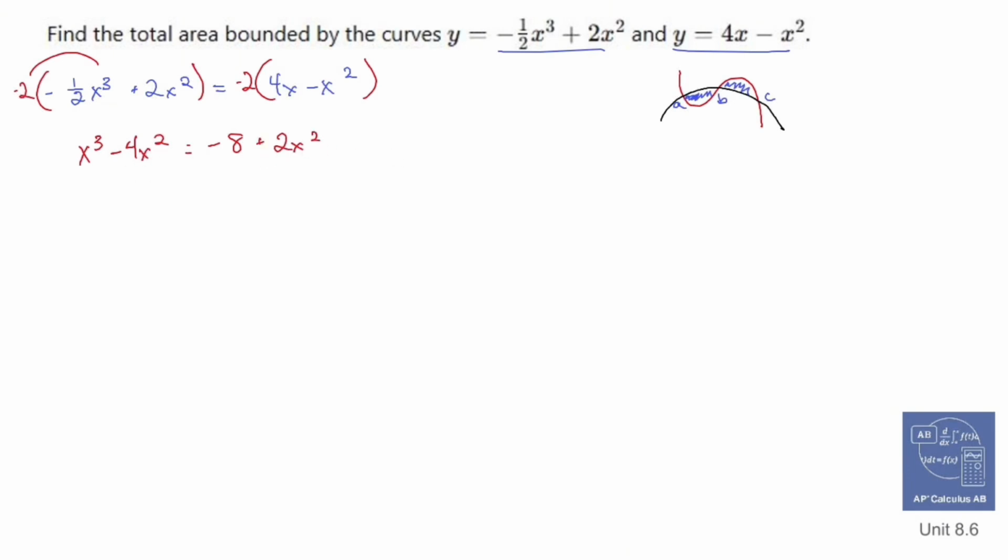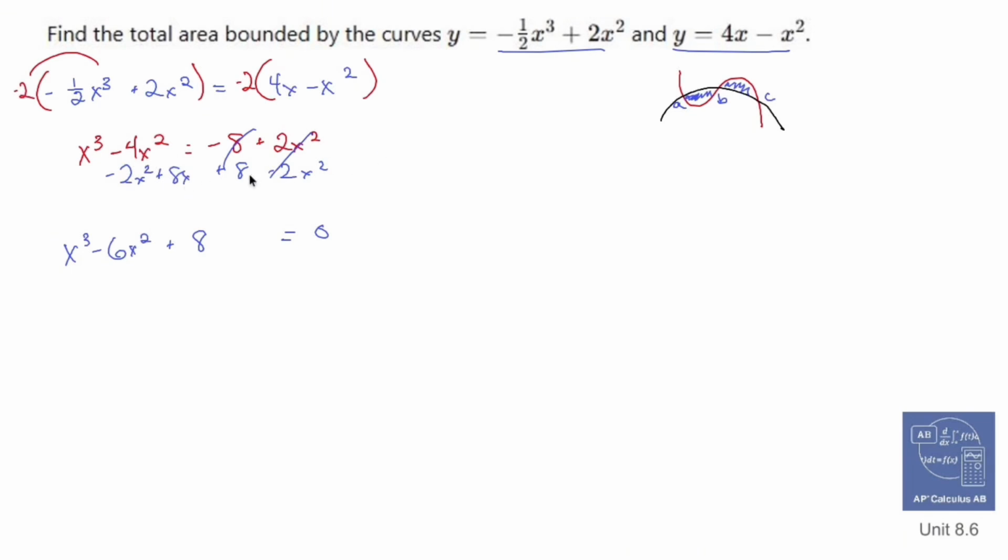Now let's move everything to the left. Let's add 8. Let's minus 2x squared. That goes away, and you're left with just 0 on the right. x cubed minus 6x squared plus 8